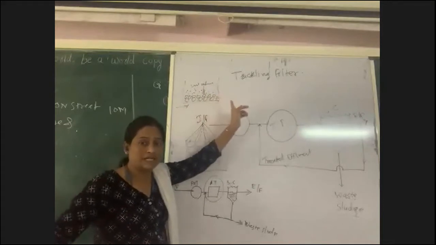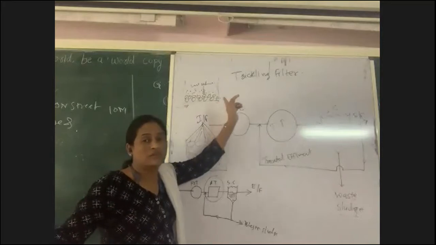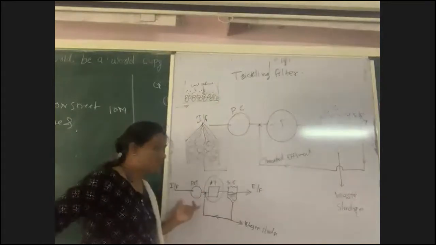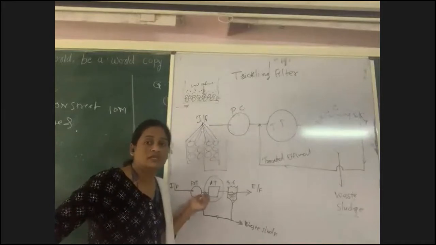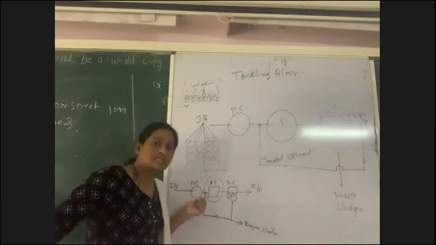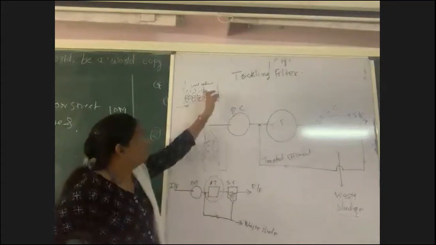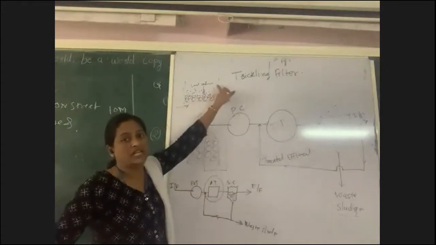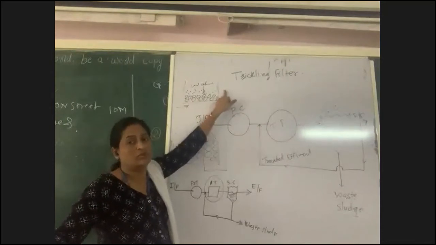Very few solid particles are available in plain water or raw water for drinking purposes. But sewage generated from the domestic area has a huge amount of sludge or solid particles. More than 50% of the water is solid particles. So if we design it this way, it will immediately get blocked. That sand will get blocked within 1 hour or within a few minutes.